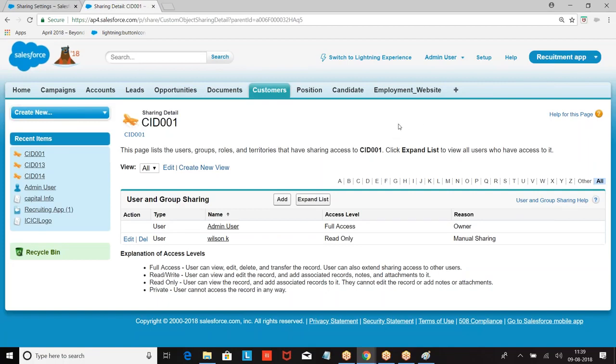Okay. Now, let's go for the next one. What we are doing? We are going for account teams, opportunity teams, and case teams. First we are going with account teams. Now, we are creating a queue. When a group of people want to share a workload, we say it's a queue. But a queue cannot be created on account and opportunity.